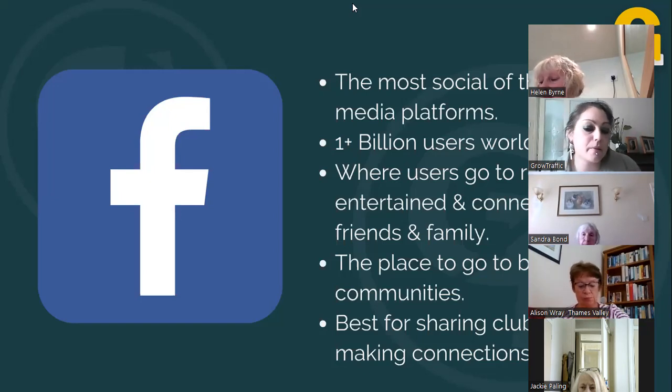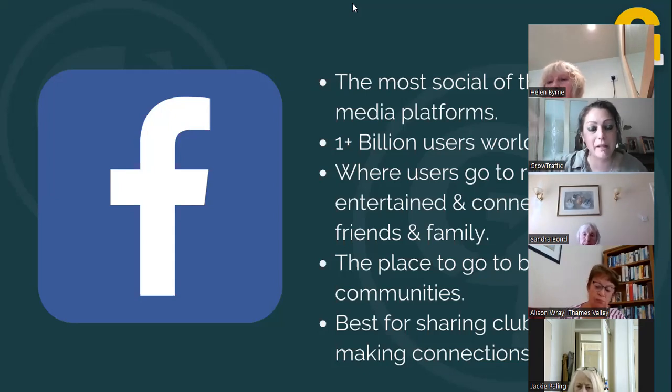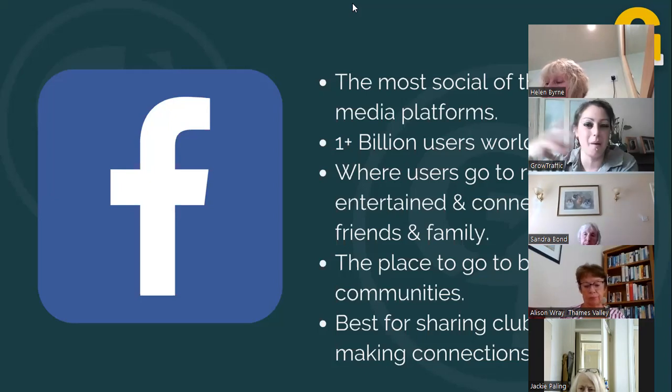It's the place to go to build communities. Facebook always says its end goal has always been to build communities. I don't know if any of you remember, but a few years ago, Facebook's whole thing was about building communities offline. It even did a television ad campaign about how you build your community online and then translate it into offline and you go and meet up. It has given up on that bit now, the offline bit.